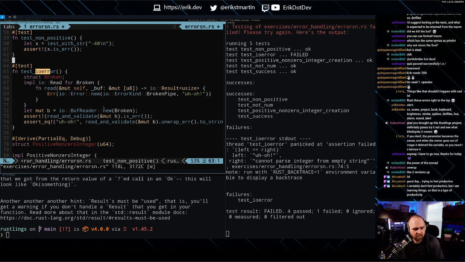So we're having this read from our broken type, which should return back an error. And it does, so our issue is the string message on our error is not matching.